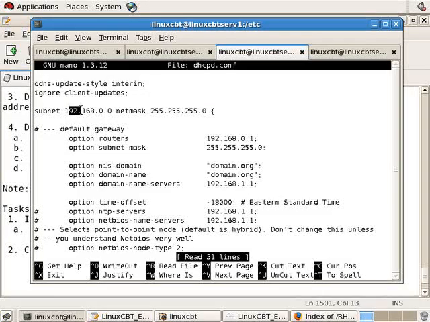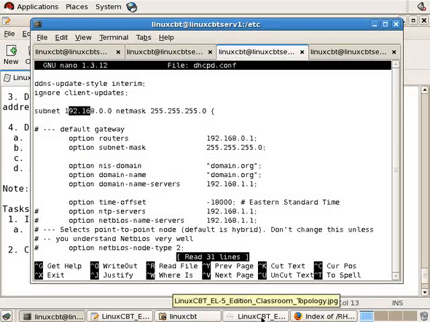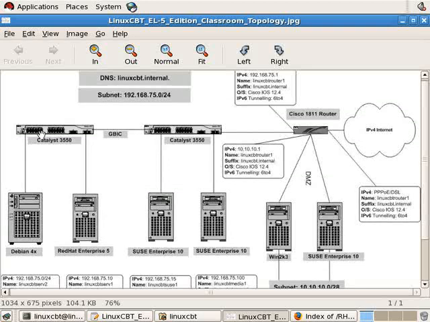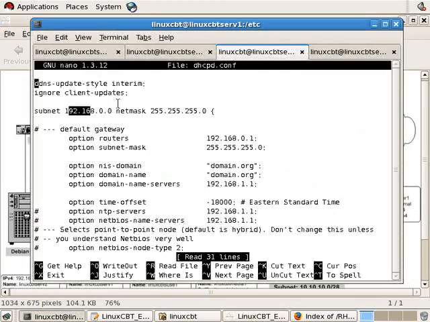So subnet 192.168.0.0 could pertain, and once we renumber it to 75.0, will pertain to the internal 192.168.75 network, whereas settings outside of the subnet block pertain to all subnets. Indeed, one DHCP server can service an unlimited number of subnets, providing the server has connectivity or is the target